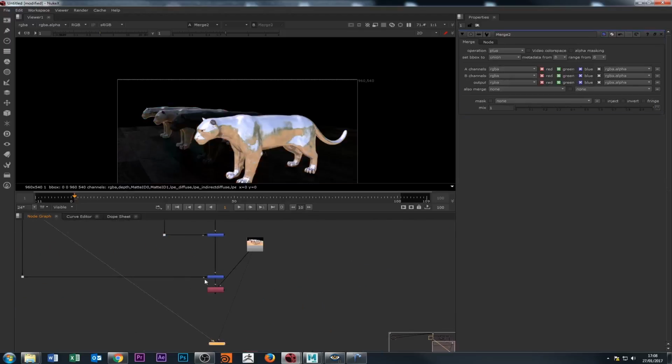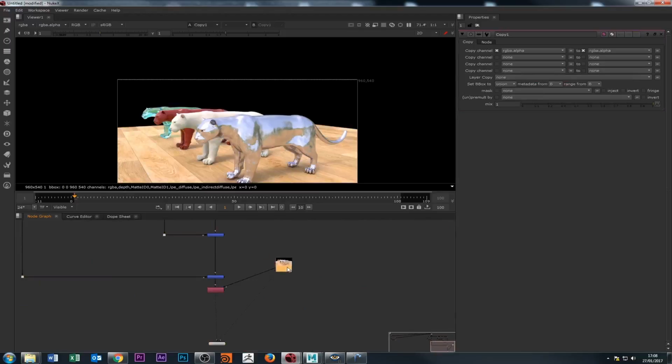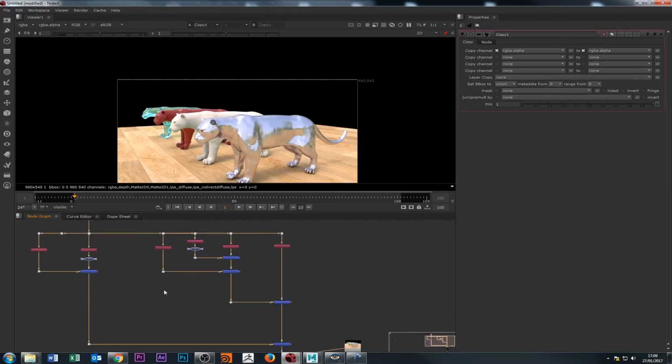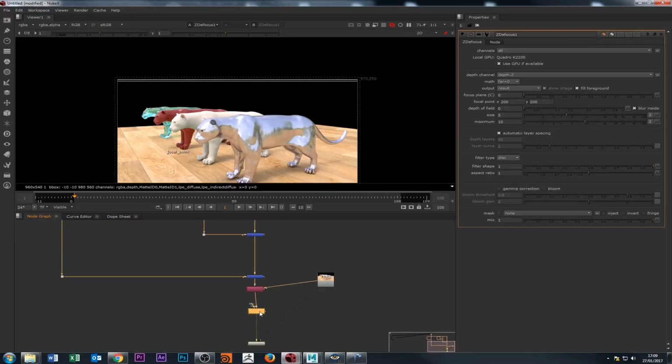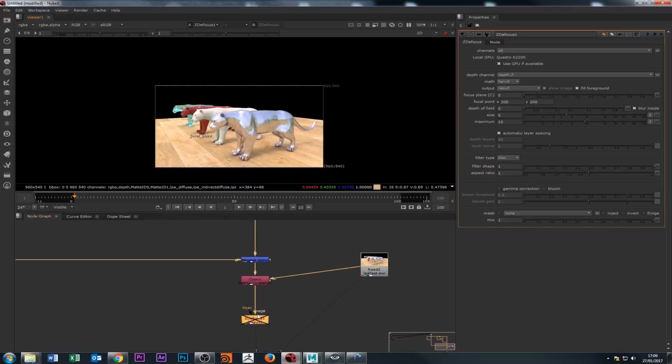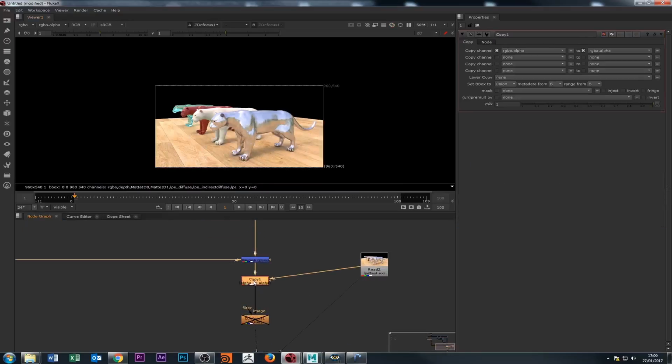So I'm going to disable all this stuff, and then before I go, I'm just going to show you how to do the depth of field thing. There is a node called ZDefocus, okay, and I'm just going to disable it because it's quite heavy. I'm just going to cancel this. So the ZDefocus needs